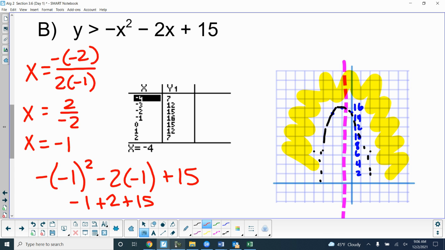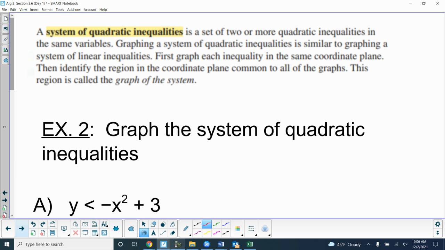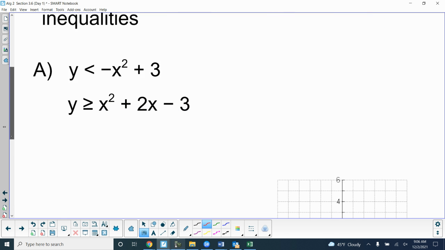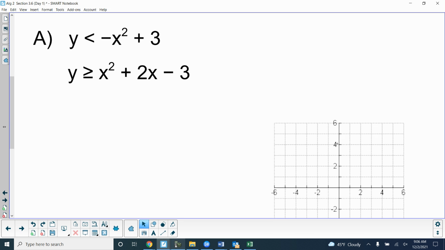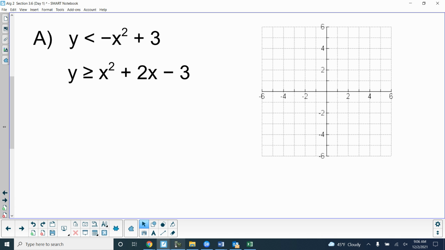All right. Questions so far? Making sense? All right. It says a system of quadratic inequalities is a set of 2 or more quadratic inequalities. All right. So we're doing 2 on the same graph. And all we're doing is the same thing and seeing where they overlap, where the shaded areas overlap. So you're just doing 2 graphs on one